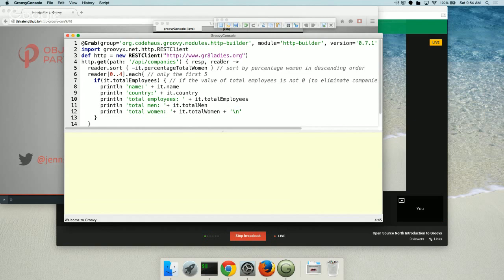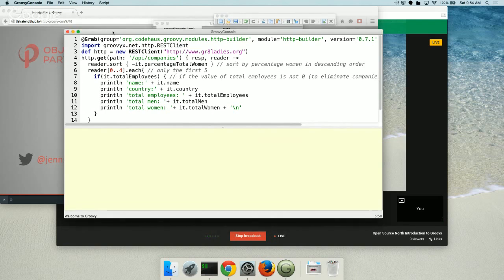So the reader, we can go through and look at our results. So I'm going to sort them in descending order. So negative is how you specify descending order in a sort. Sort by the percentage of women in descending order. So these are going to give you, and then only the first 5. So I'm going to get the top 5 companies of women that are using Groovy and related technologies that have submitted to my project so far.